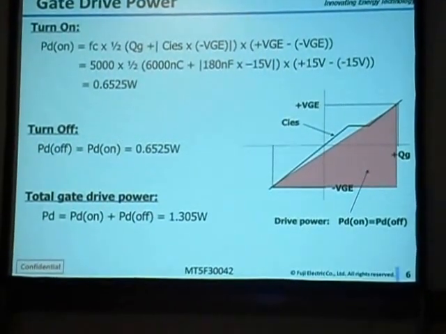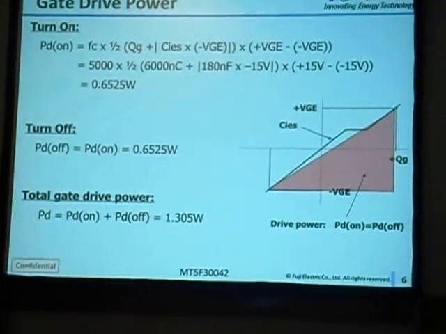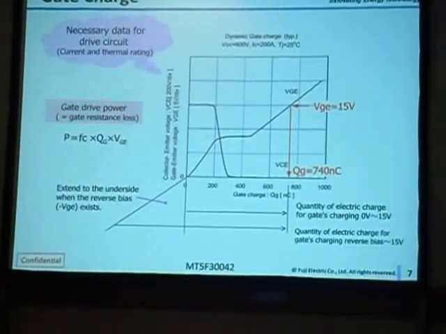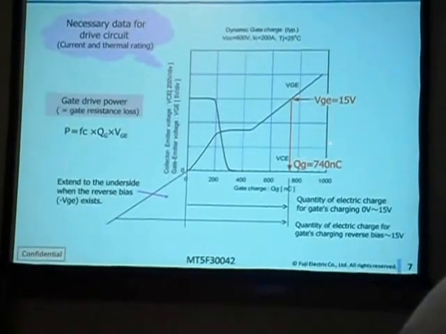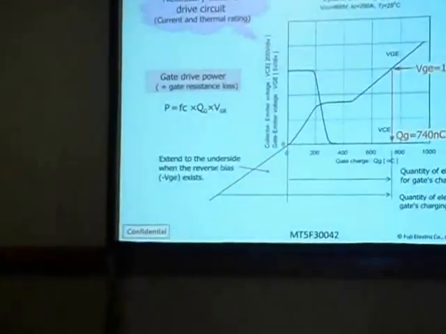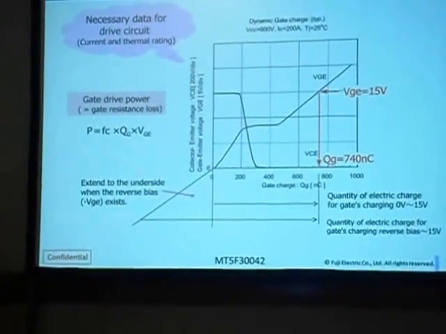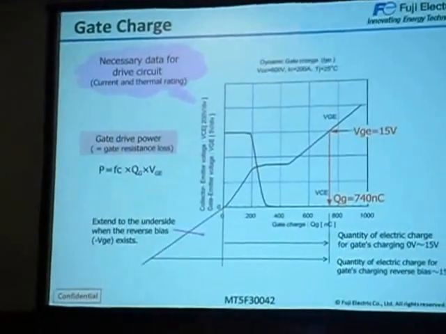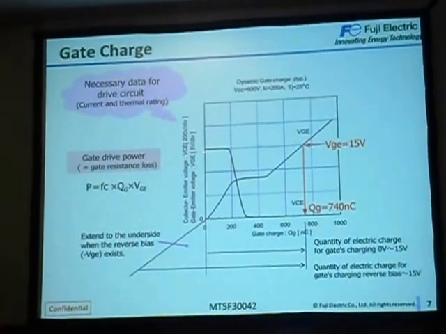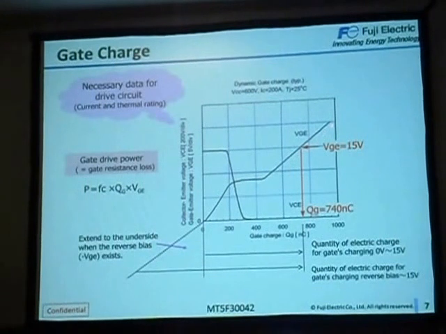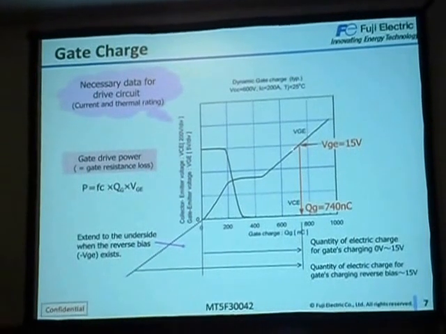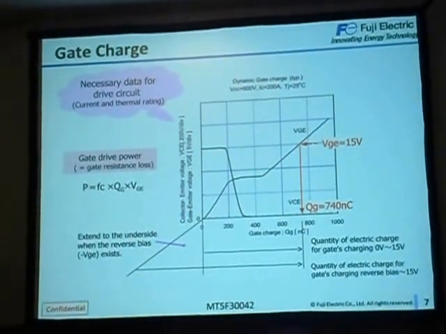The gate charge you can find in our data sheet. Our data sheet shows this dynamic gate charge graph. So please refer to our data sheet and estimate the gate charge. In this case, if we drive from 0 volt to 15 volt, this is the gate charge versus gate emitter voltage curve. So in total, if you drive the IGBT module to 15 volt, the gate charge is